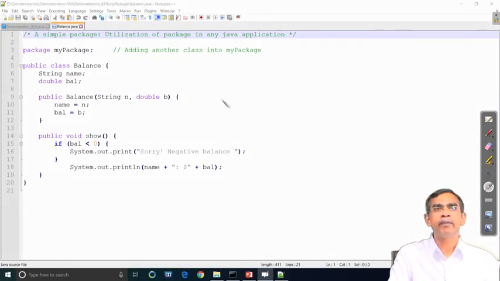Yeah. So, okay, fine, and we have declared that this class belongs to the package mypackage, and this class is very simple. Balance has a variable name as a String and balance as a float, and then it has one constructor, Balance, which initializes the members, and also it has one method, the show method, declared as public.